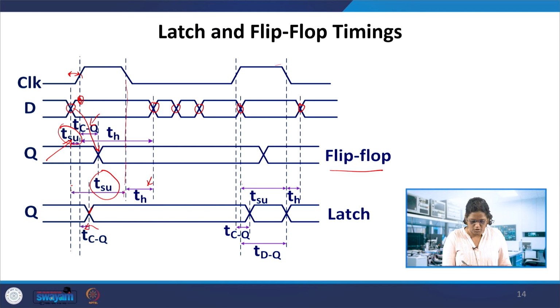So this data change to here, you can see, this is clock to Q delay. But we have to understand from here that D, data to Q, this data is changing the Q at this point. So the data Q is here only, not at the same time. If it is changing immediately, then it will be a data to Q.